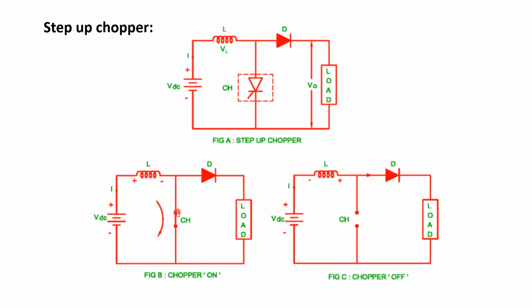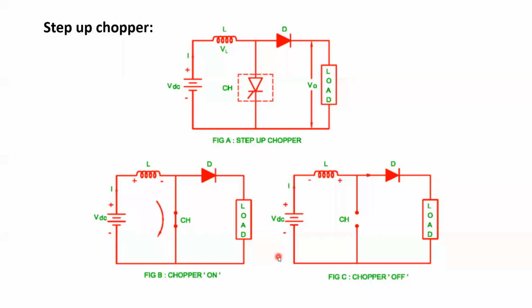When the chopper is in off condition, the switch behaves like an opened switch. Now after the inductance, the current again has two paths: one is the open circuit path, the second is the diode path. We know that the current always prefers the closed path and does not flow in an open circuit path. So the current takes the path of supply voltage, inductance, diode, load and back to supply voltage. Again, I am repeating: supply voltage, inductance, diode, load and back to supply voltage.